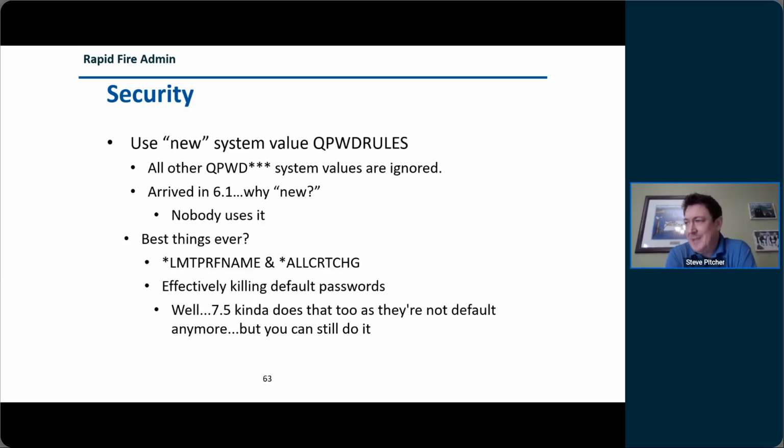7.5. Technically, they're not default passwords anymore, because if I do a create user profile at 7.5, under the password screen, it's not *USRPRF anymore. So it's not allowing you by default to say, yep, enter, and now I've got a user profile with a default password. It makes you go in there and give them a dummy password or a *NONE. Or if you're going to give them a user password that equals their user ID, it makes you do it manually. So you are at 7.5